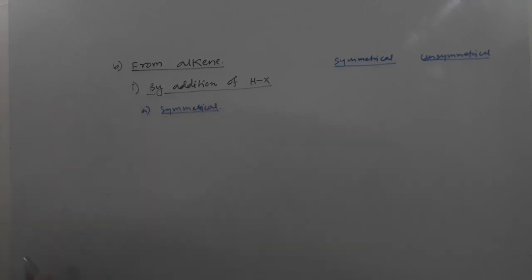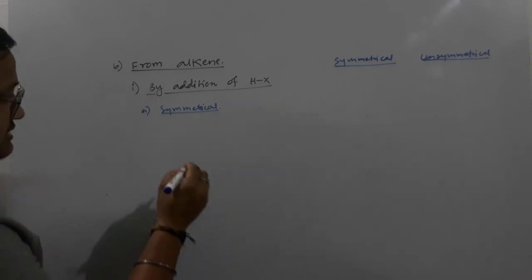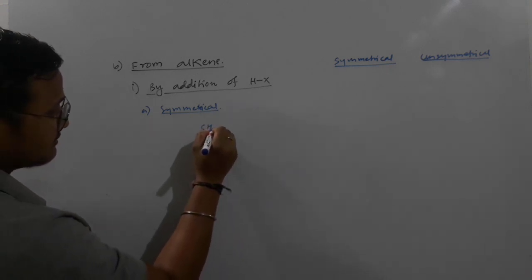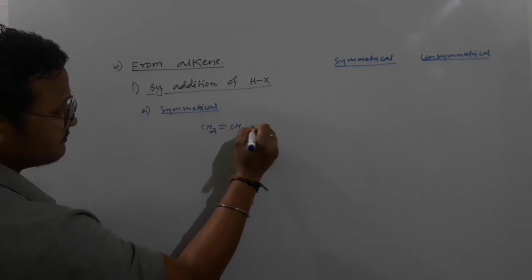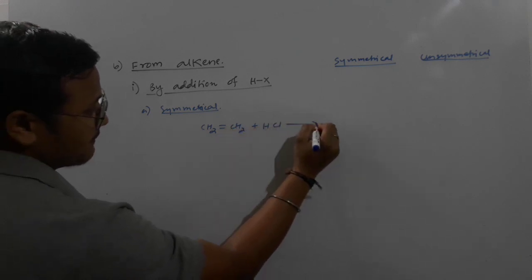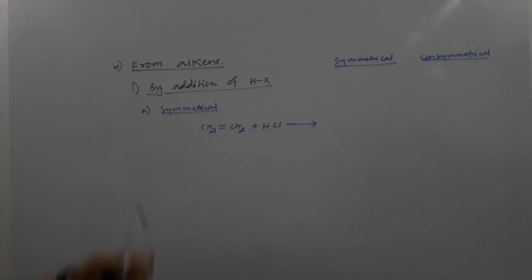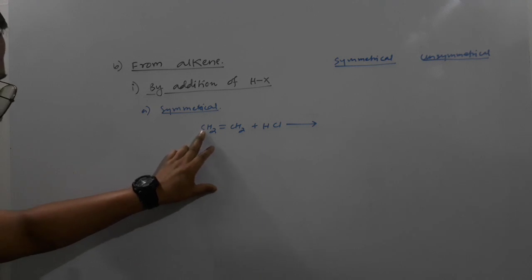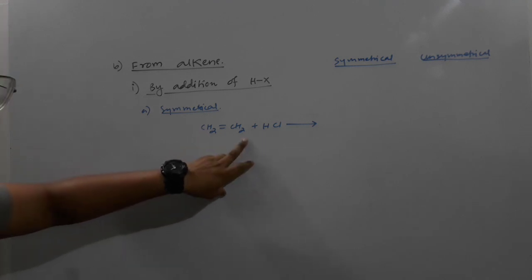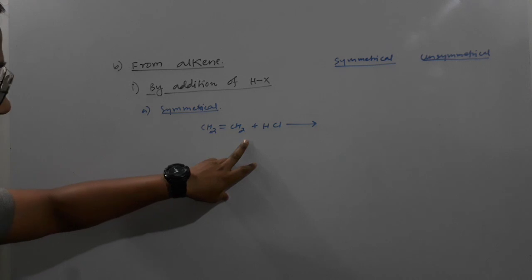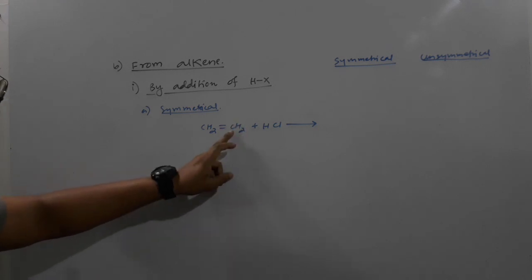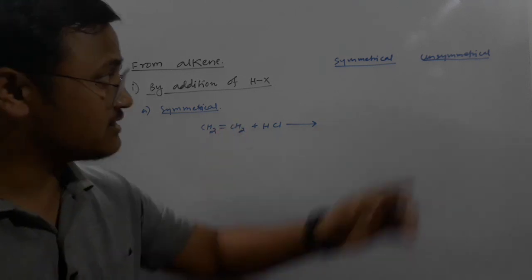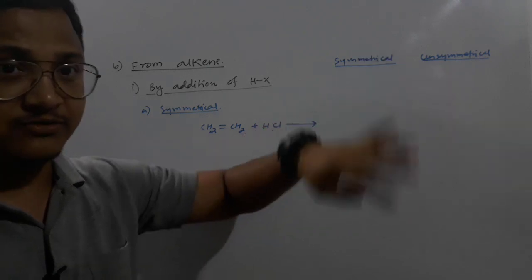When it is symmetrical, it is very simple. Consider, say this one, say I am adding HCl. I am just directly taking the example, I am not drawing any general reaction here. So this is a symmetrical alkene, because in this double bonded carbon atom, here is also 2 hydrogen, here is also 2 hydrogen, so it will be symmetrical. If the groups or atoms attached with the double bonded carbon are different, then they are called unsymmetrical. I will show the example also here.